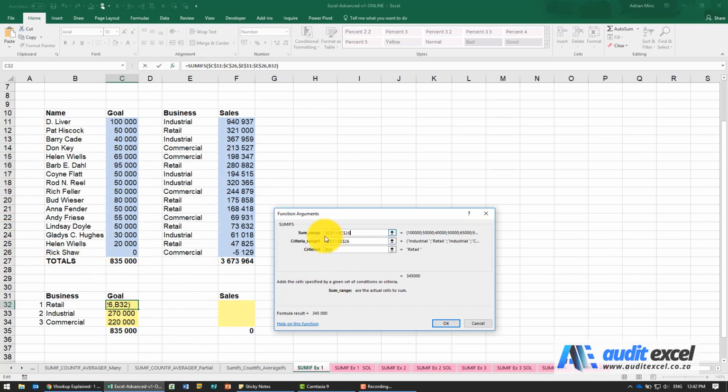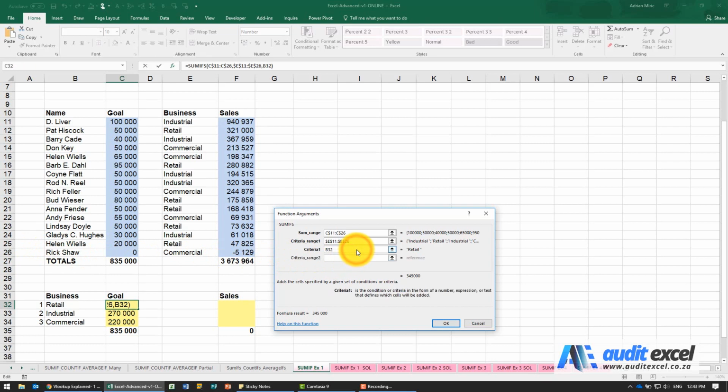So what I'm going to do is I'm going to change this formula so that there's no dollar signs on the letters. So we've only got the dollar signs on the rows, on the numbers. So this way, when I'm here, it'll always look straight up. When I'm here, it'll look straight up. But as you copy it down, it'll keep looking at row 11 to row 26.